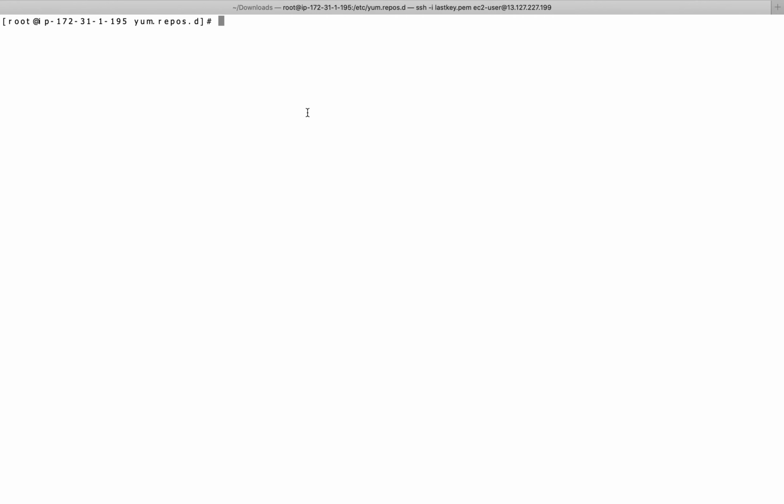Now we need to configure the web server on top of a Docker container. For that, first of all we need to pull a container image. So docker pull centos, and here I'll be using CentOS version 7. This will pull the CentOS image from the Docker Hub.